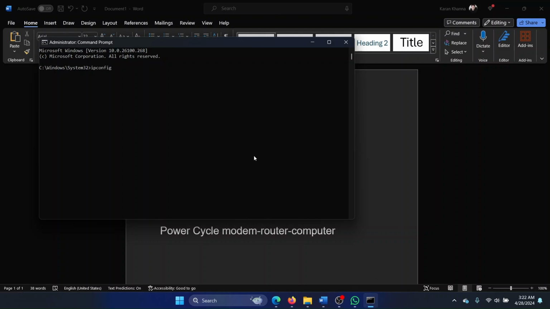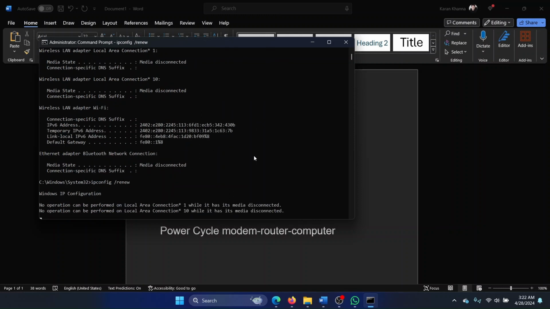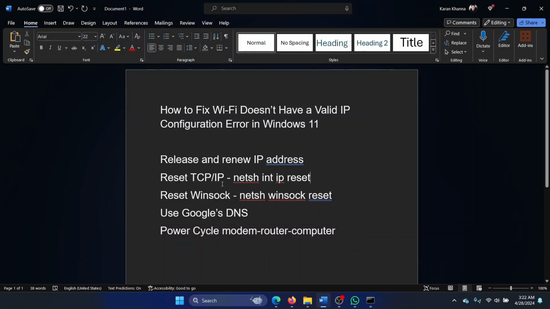ipconfig /release, hit enter, and then type the command ipconfig /renew and hit enter. And this will fix the problem for a lot of users, but if it does not,